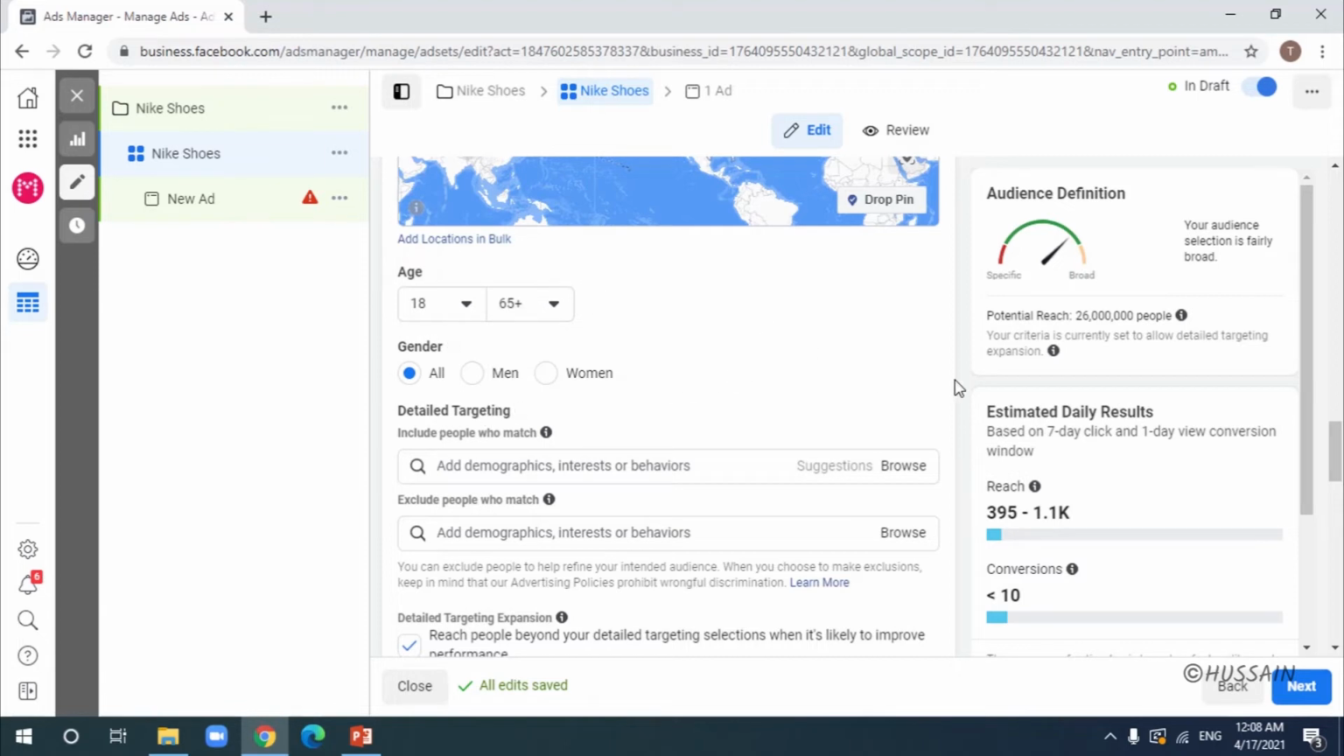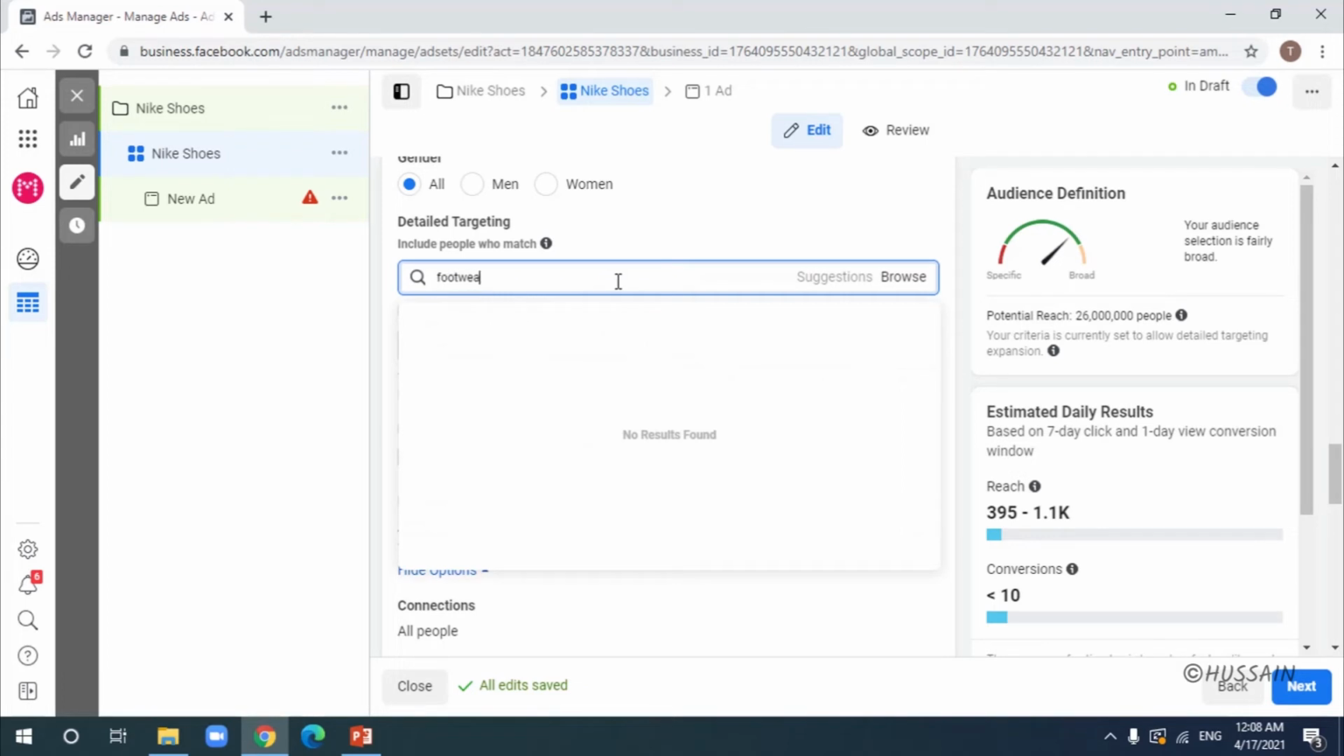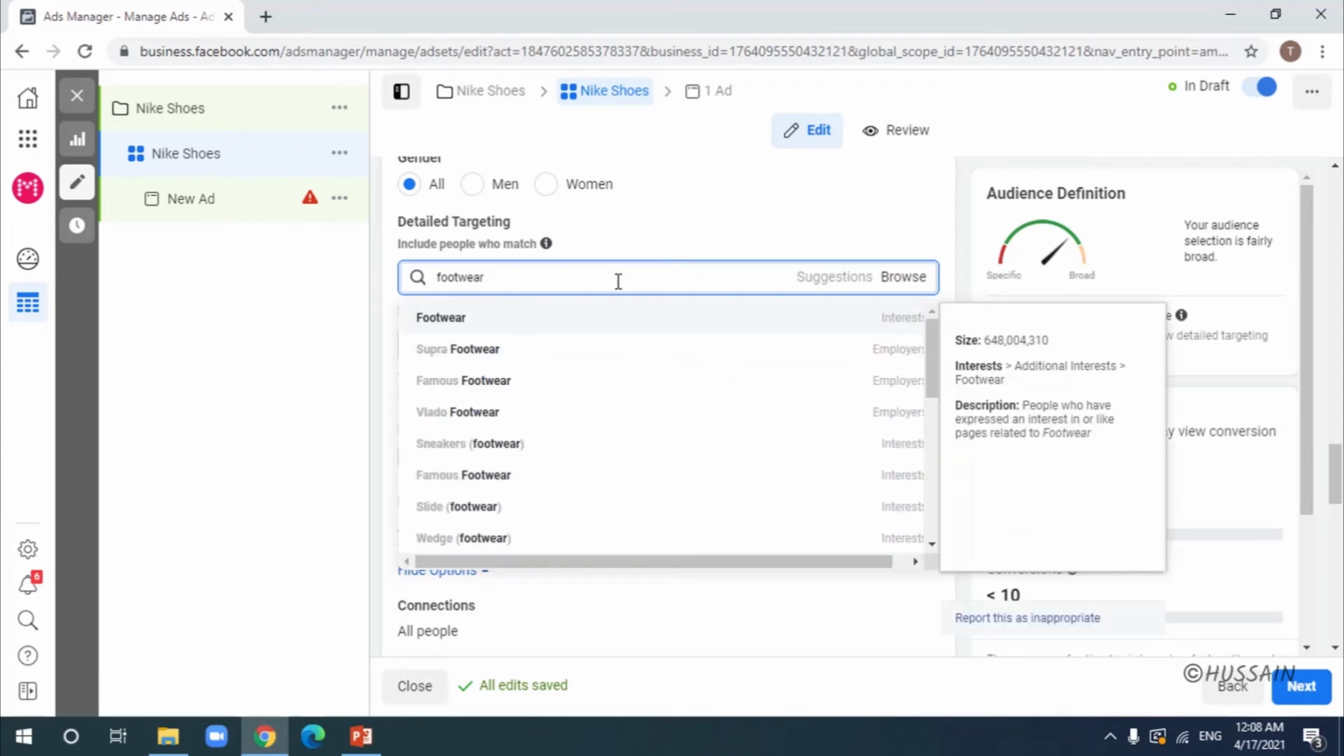This is the gender. You can choose whatever gender you want to. Okay, and this is the part that you have to focus on. For example, right now we're running ads for Nike shoes. So you can choose any interest you want to, type in any interest and look whether Facebook is giving you an option for an interest. For example, when I type in footwear, there is an interest for footwear. So just click on that,